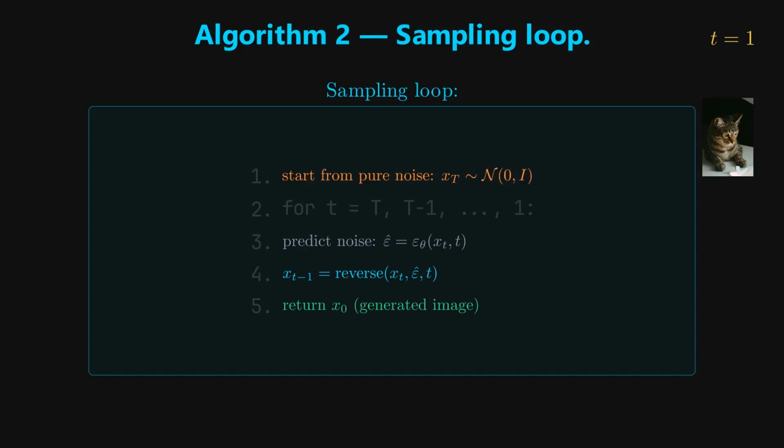The training pseudocode is basically a loop. Sample an image, sample a time step, sample noise, create a noisy image. Update the model to predict the noise. Sampling runs in the opposite direction. Start from xt, sampled from a standard Gaussian, then loop backward from t to 1. At each step, predict the noise and take one reverse step toward a cleaner image. At the end of the loop, what began as pure noise becomes an image with structure. That is the mathematical engine of diffusion, a carefully designed destruction process, and a learned path back.